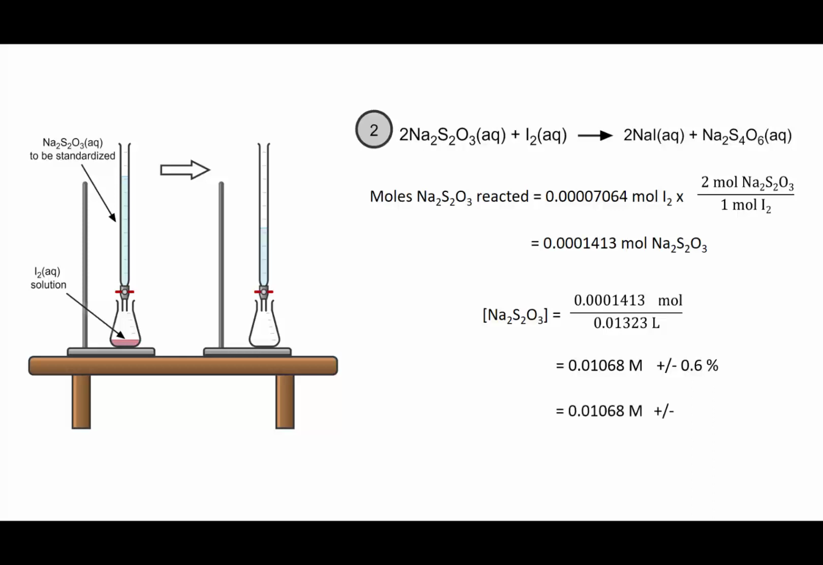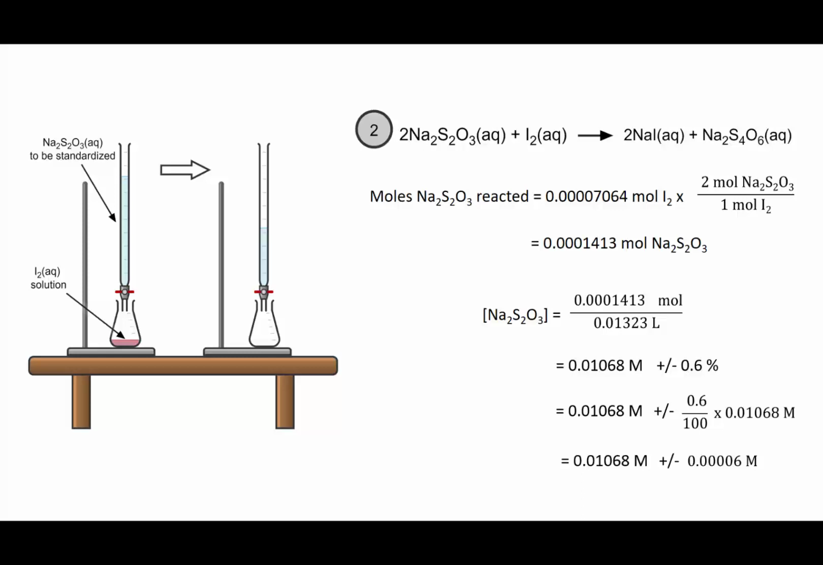So I take this concentration and I'm going to multiply it by 0.6 divided by 100. Of course, 0.6 divided by 100 is the same thing as percentage. So in other words, I'm trying to find out what is 0.6% of the 0.01068 molar. When I do this calculation, I find out that the absolute error, that is 0.6% of 0.01068 molar, is